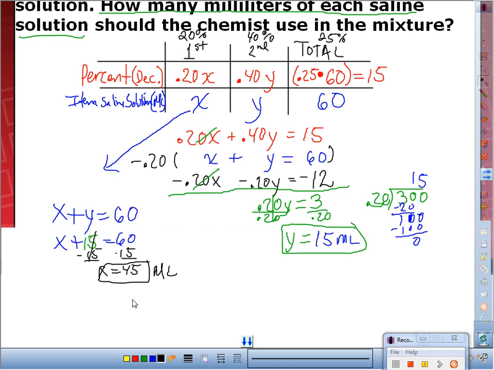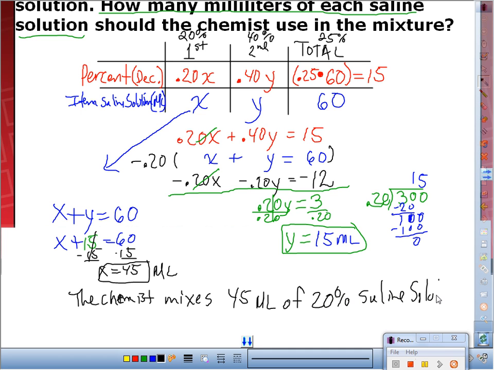Okay? Let's write our statement. Focus on the statement, guys. Let's see. Did we get milliliters for the first mixture? Yes. For the second mixture? Yes. When we write our statement, make sure we refer to which percent corresponds to which. So check this out. The chemist mixes 45 milliliters of 20% saline solution,